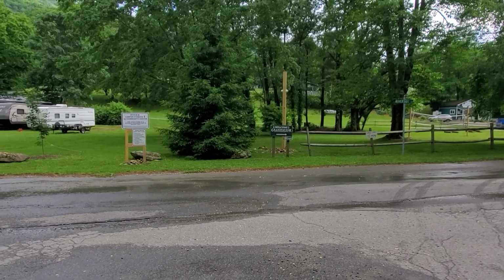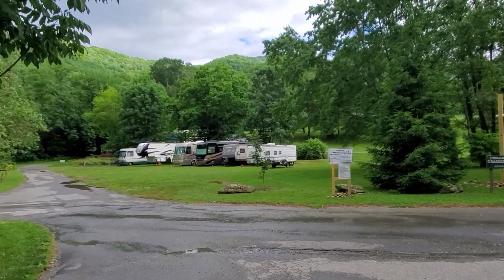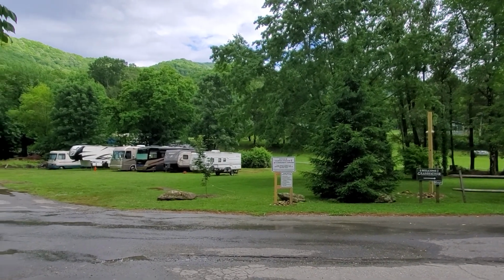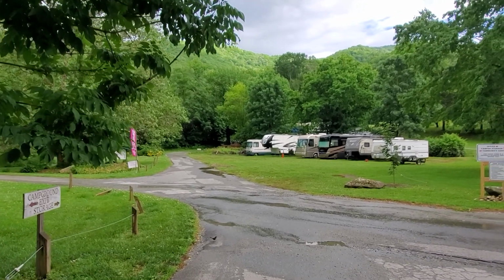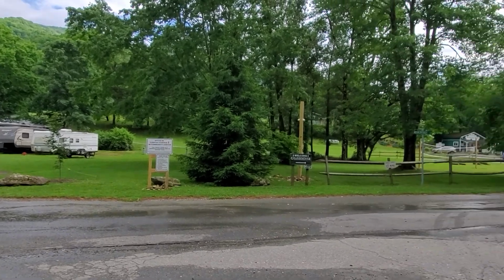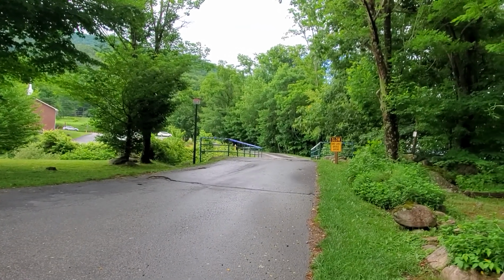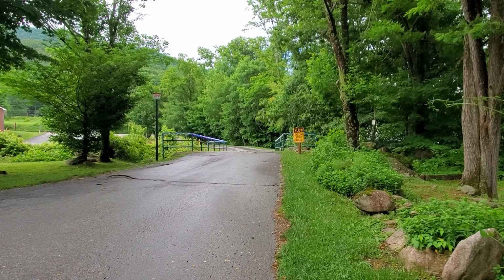Hello everybody. This weekend we're spending some time at the mountains, as you can see behind me, and we are at Grandfather RV Campground. This is the little entrance to the campground, and they have a little storage section here towards the left of the entrance, and here to the right we can see the actual entrance to the campground itself. There's a little bridge